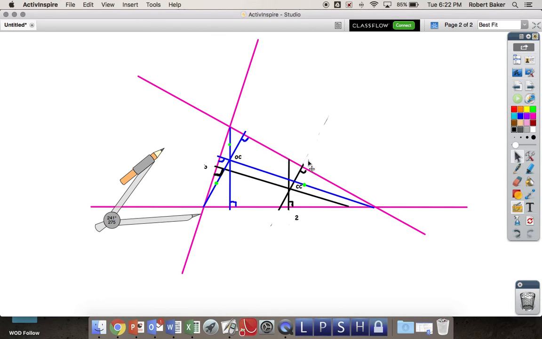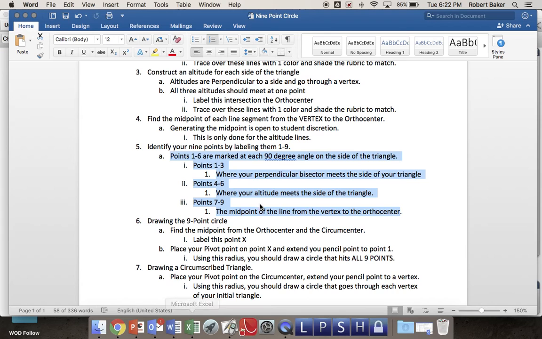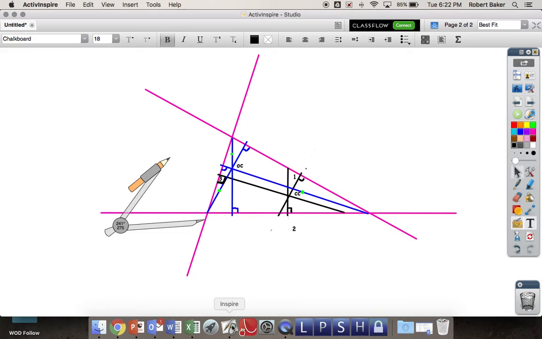Let's see if I can get point 1 back where you can see it. Point 1 would be right here, and then point 2 and point 3, I'm going to tuck it in right here. Okay, then I'm going to have points on the rubric. It says points 4, 5, and 6 are where your altitude meets your triangle. So point 4 is right here, point 5 is right here, and point 6